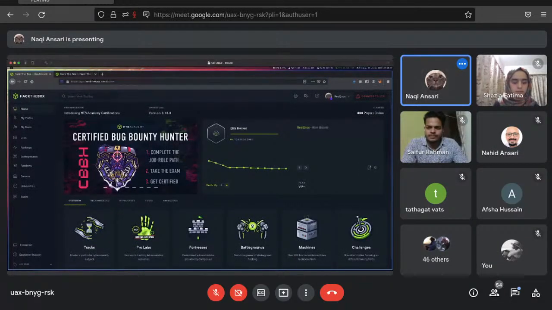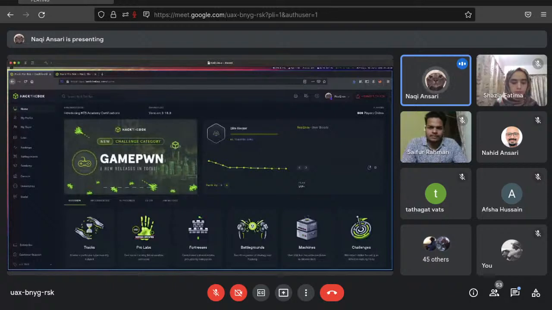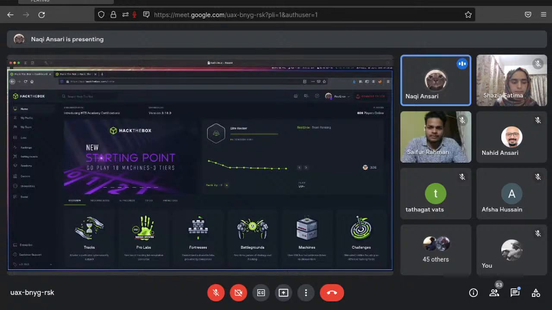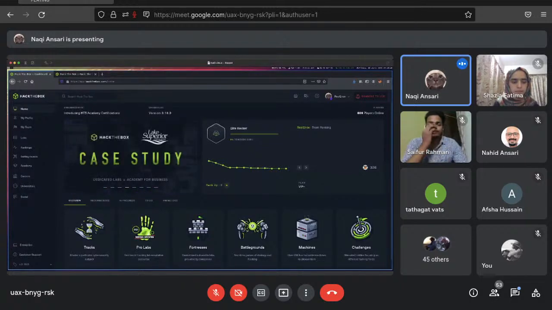The platform that I've mostly used during my cybersecurity journey is Hack the Box. Hack the Box is a massive online cybersecurity training platform which allows individuals, companies, universities, and all kinds of organizations around the world to level up their hacking skills.